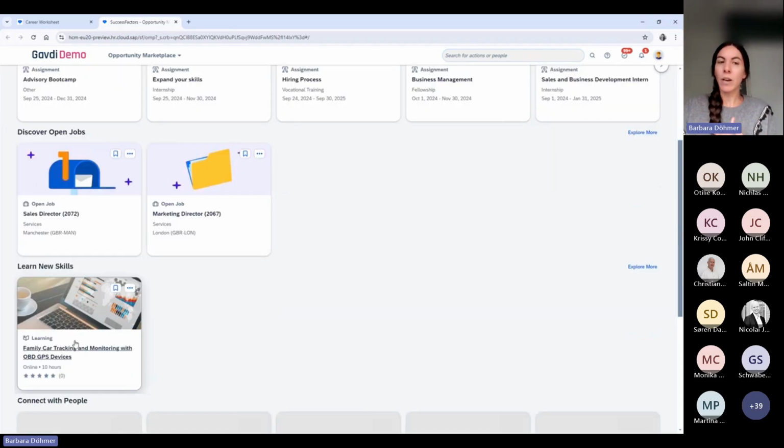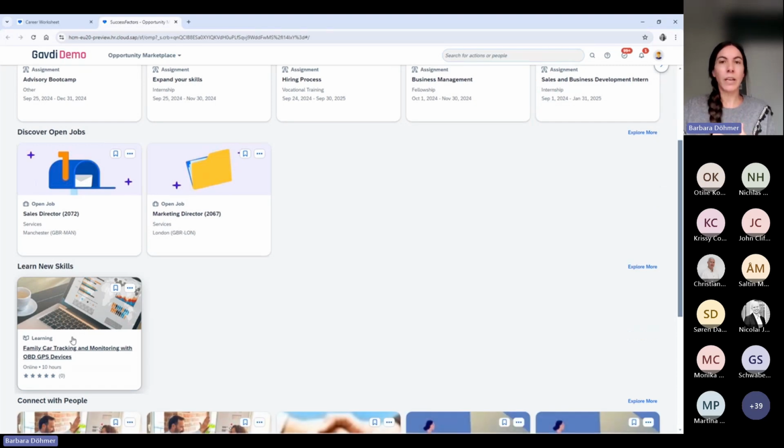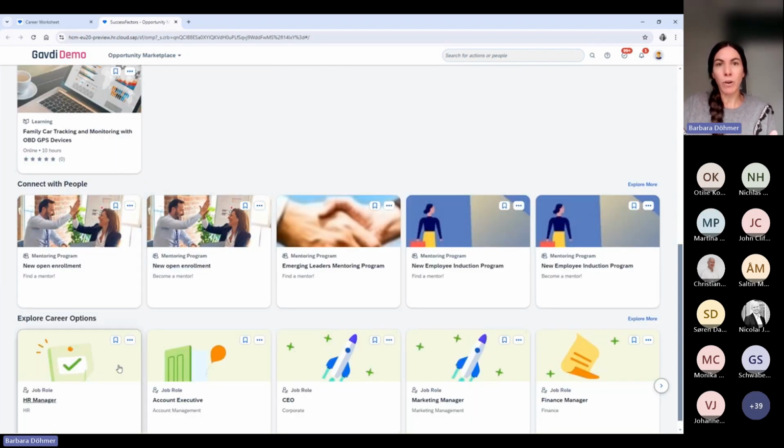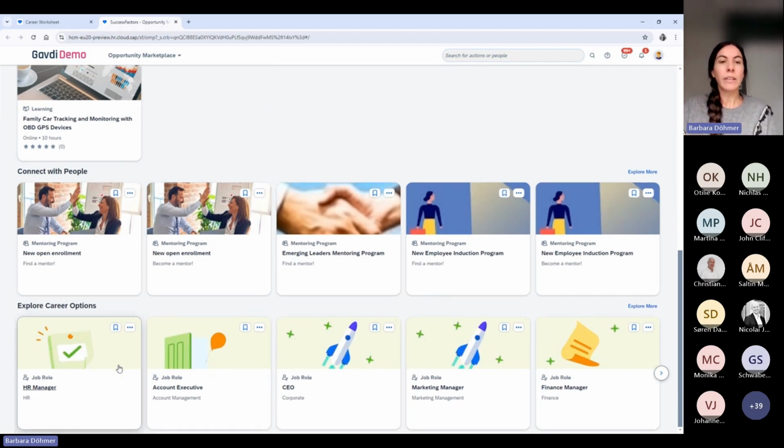It's the same for learning content or courses that he can search or explore in order to develop further. He can also join mentoring programs to develop his career further, or explore other career options, other career opportunities in roles different from the ones he's looking at today.